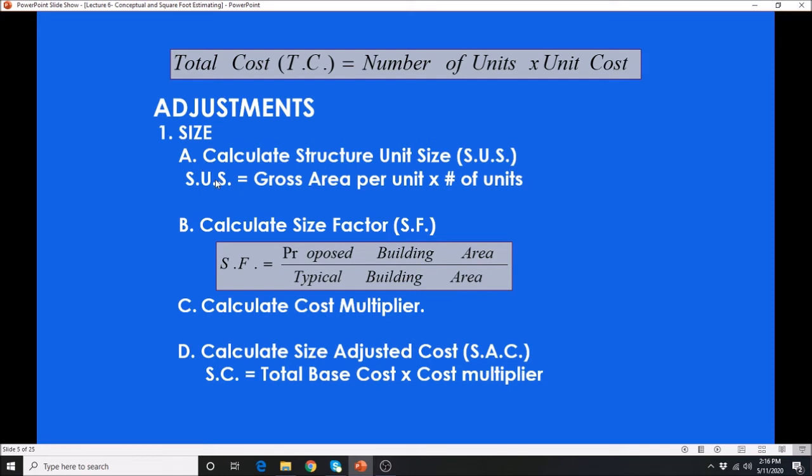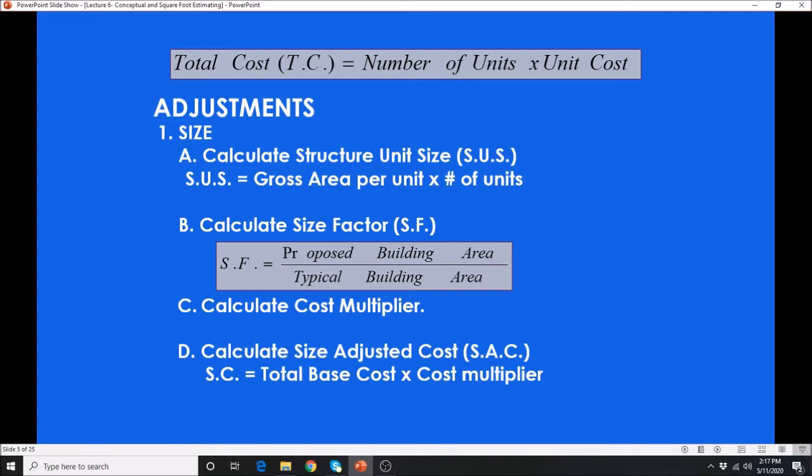Once you determine the SUS, you need to determine what we call the size factor. That is in relation to whatever is typical that they use to figure out the average cost of a particular project. And then we will be determining the cost multipliers. RS Means has developed a graph on how to calculate that cost multiplier, which is based on the square footage. And then once you have the cost multipliers, you have to calculate the estimated cost based on